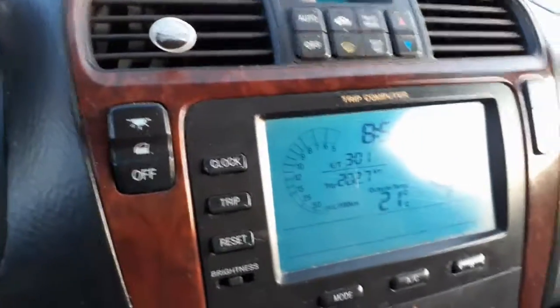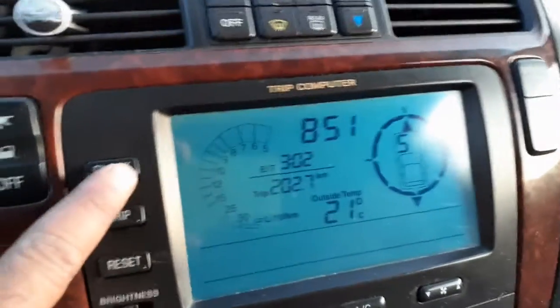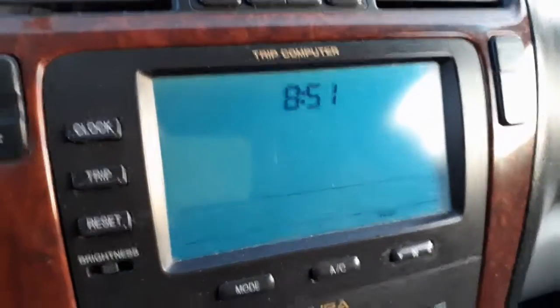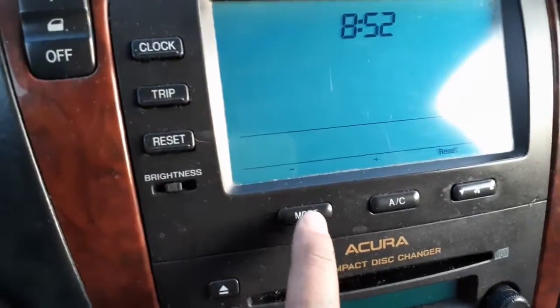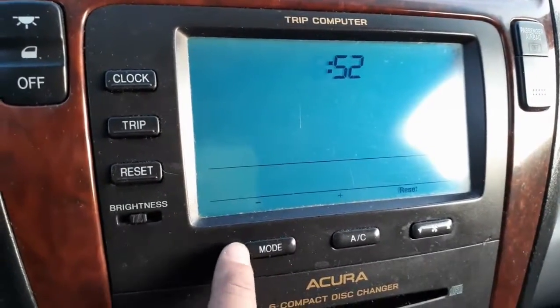It's very simple. So I mention again, this is a 2003 Acura MDX, and all you have to do is press this clock button. As soon as you press it, the hour starts blinking, and if you notice this plus and minus, you'll be using this AC button to go up, or this mode button to go